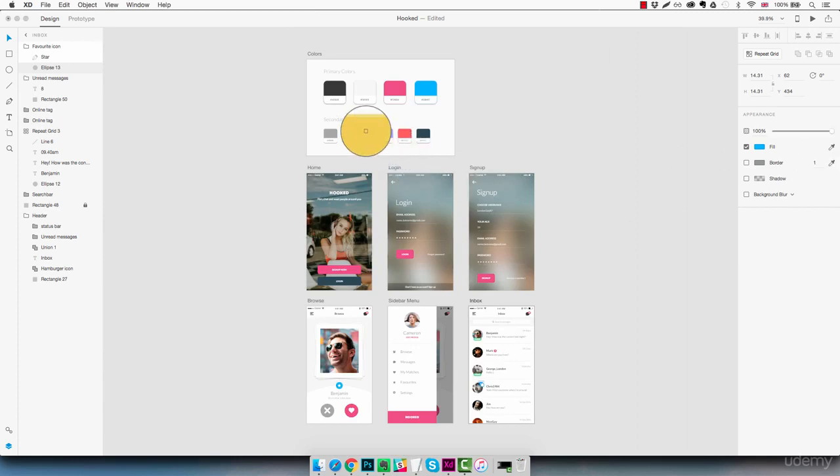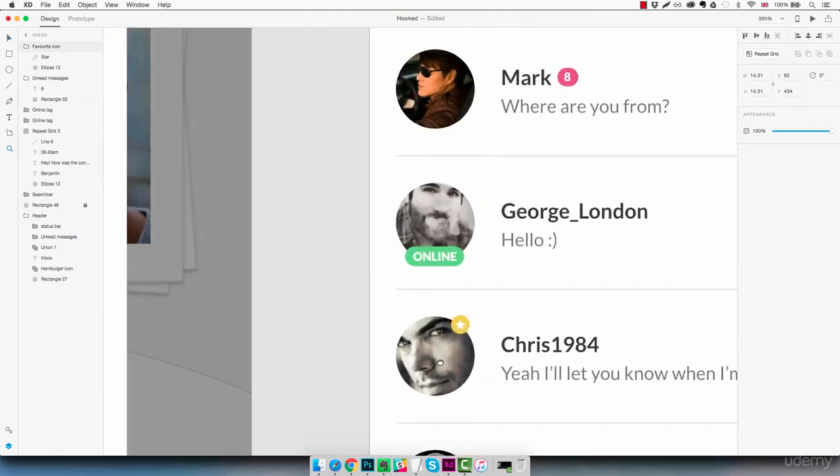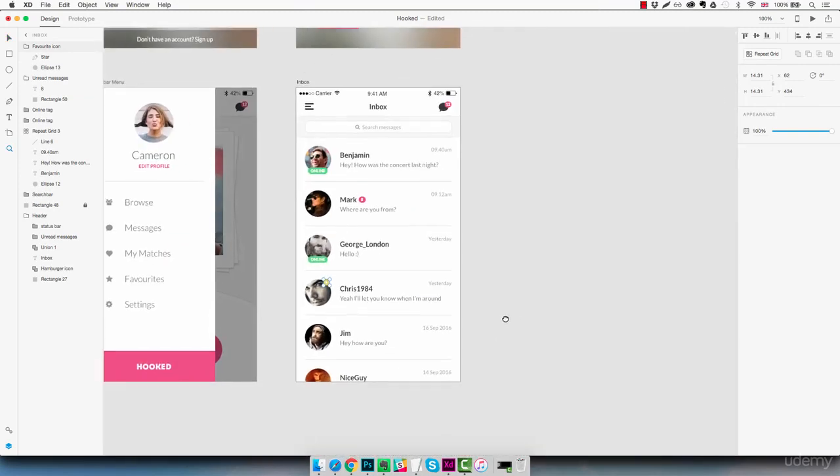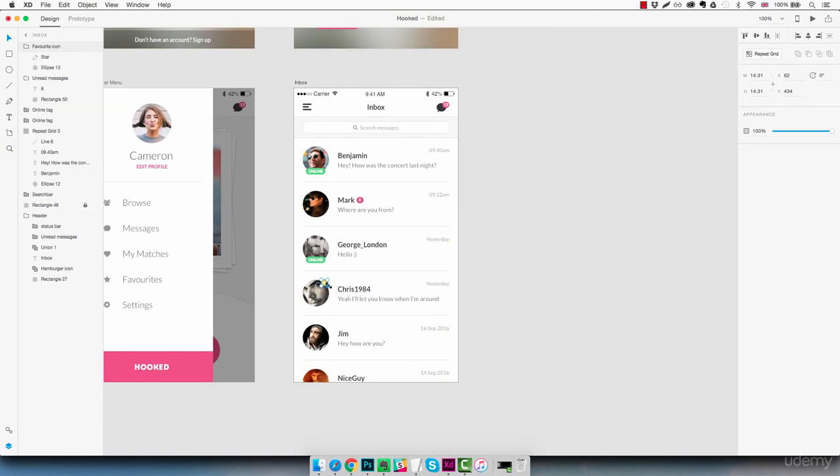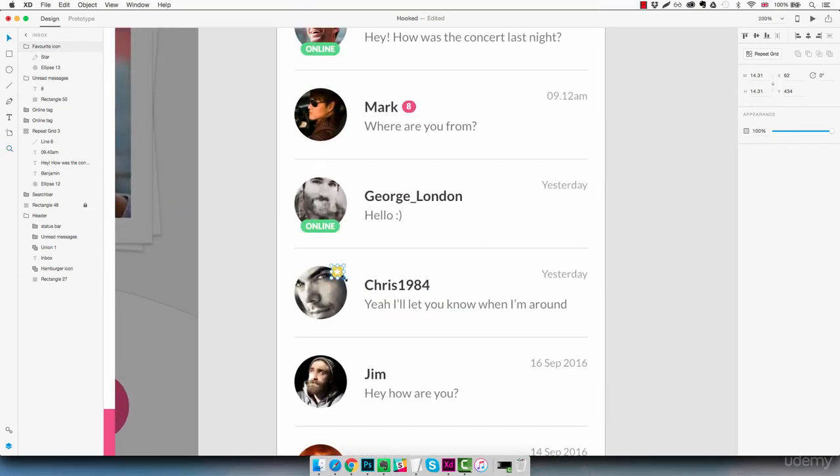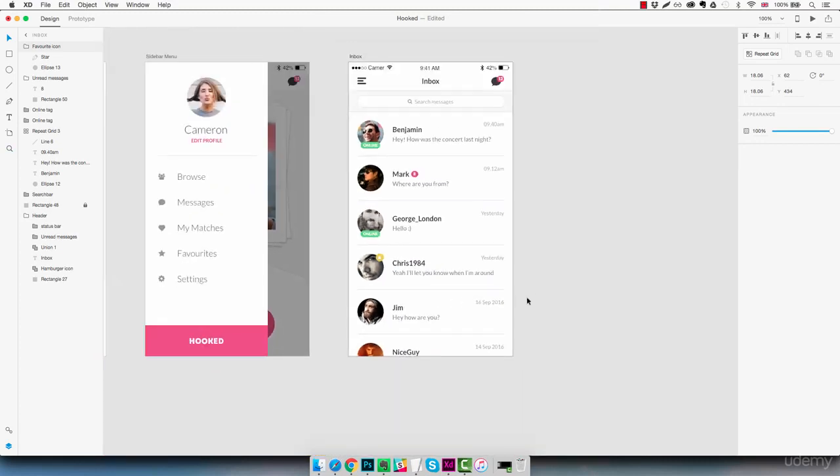Using the color picker, we're just gonna get it from here, and you can see it changed. Actually, it's a little bit too small. Maybe let's increase the size just a little bit, about this size,